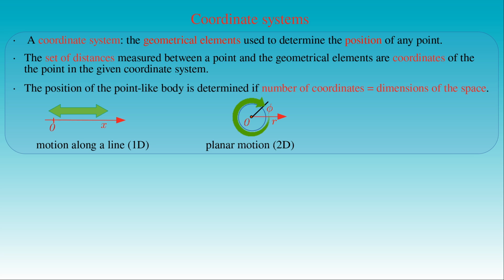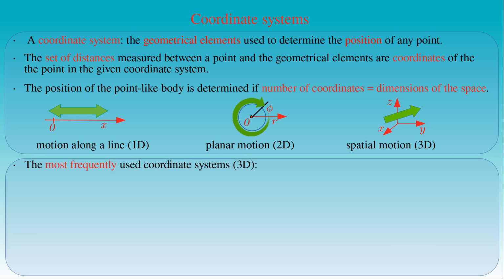The value of an arbitrary angle can be determined by distance measurement, that is measuring arc lengths along a circle with unit radius. Then we can always talk about distance measurements in a general sense. For spatial motions, we need to apply three-dimensional coordinate systems, where three coordinates determine the position of a body in space. The most popular coordinate systems in mechanics are constructed by applying an orthogonal set of three axes. We will use three of these types of coordinate systems.